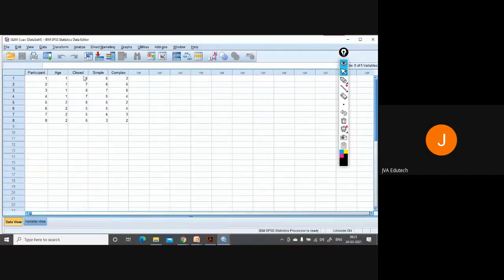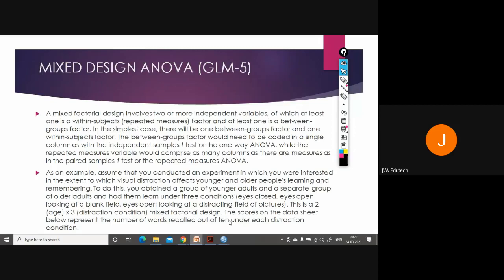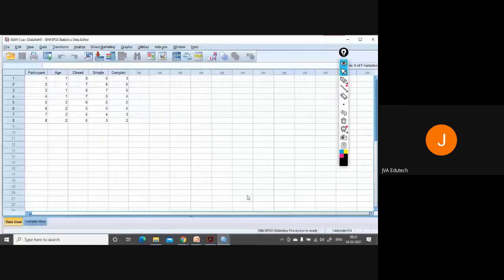Now you want to see whether in all the 3 situations this visual distraction has the same effect on their learning and remembering, or their learning and remembering under different visual distractions differ. So this you want to measure.